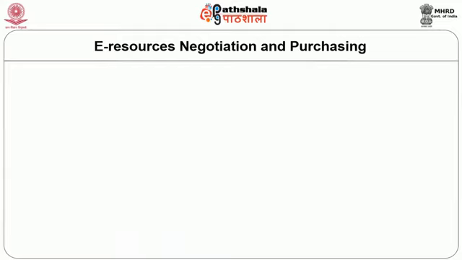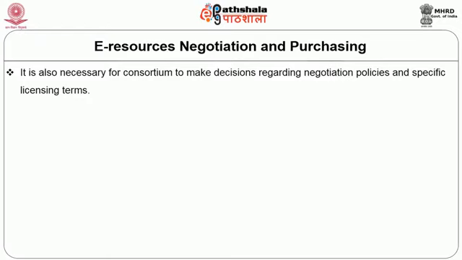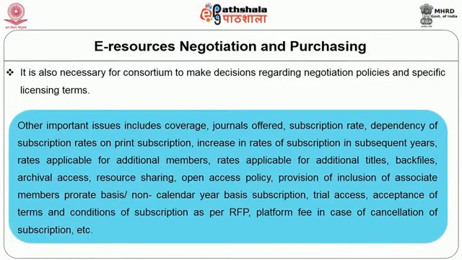The second step is e-resource negotiations and purchasing. It is also necessary for the consortium to make decisions regarding negotiations policy and specific licensing terms. Before starting negotiations, the Consortia Negotiations Committee and agreement signing authorities should thoroughly review the RFP, that is the request for proposal, submitted by the publisher. The main consideration for consortia-based subscription to e-resources is pricing and other important issues that include